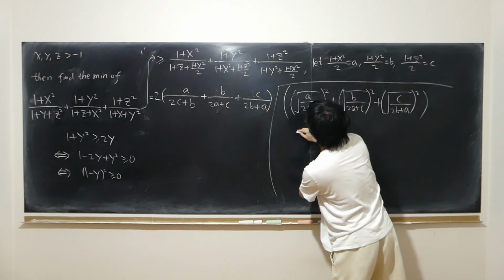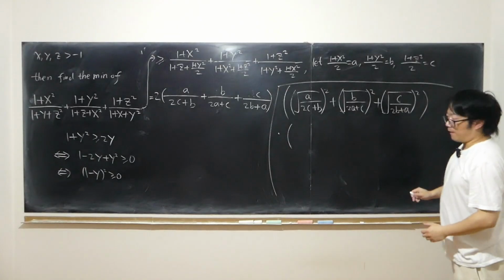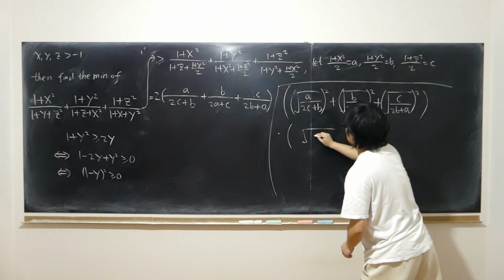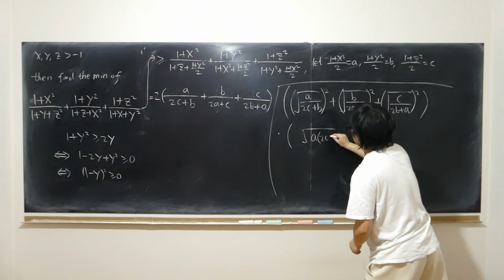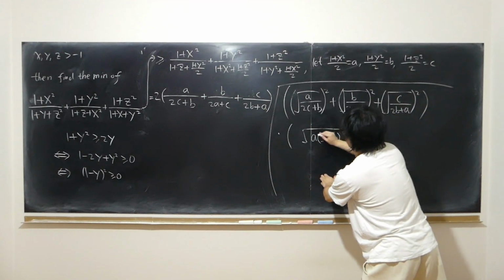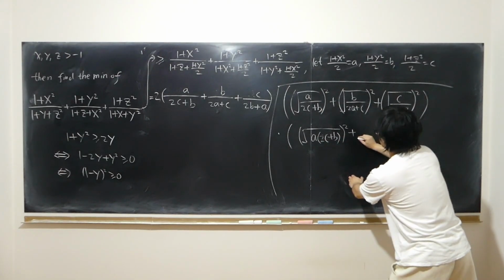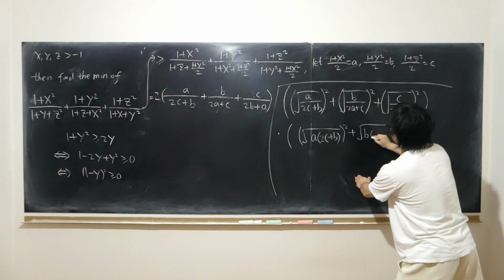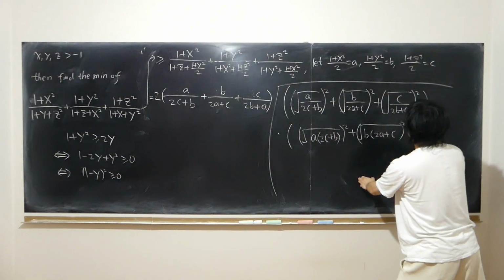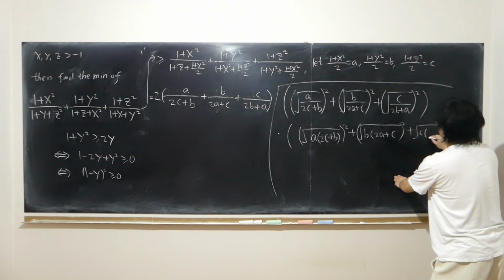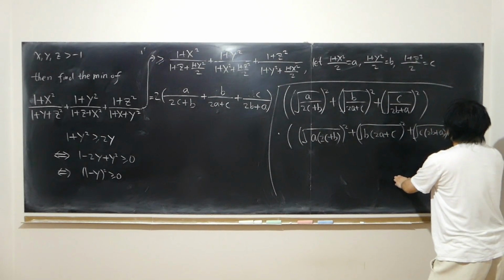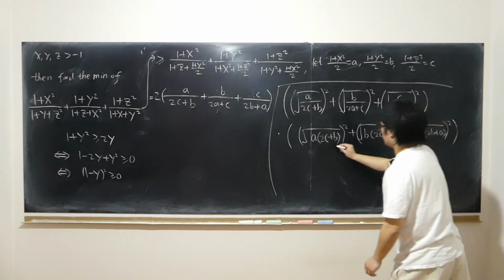And then multiply by another sum of squares: square root of a times 2c plus b, squared, then square root of b times 2a plus c, squared, then square root of c times 2b plus a, squared. It's greater than